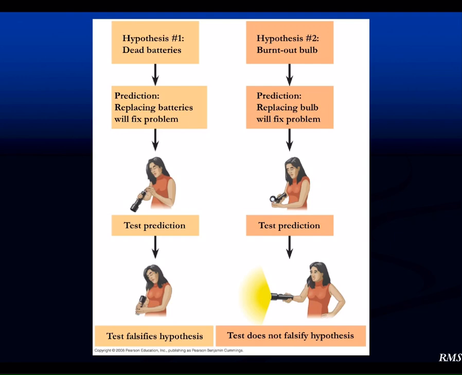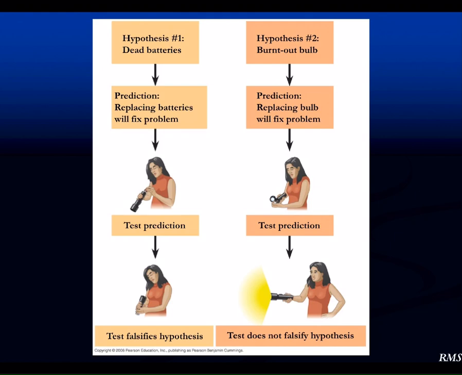So now what we're going to do is open the flashlight back up. We're going to take the old bulb out, put the new bulb in. We're going to turn the flashlight back on, and all of a sudden it works. So now what we can say is that hypothesis is supported, or we did not falsify that hypothesis. So you supported hypothesis number 2, which is the bulb burnout, but we rejected hypothesis number 1, which was dead batteries. So here's the question. Did we prove hypothesis number 2?